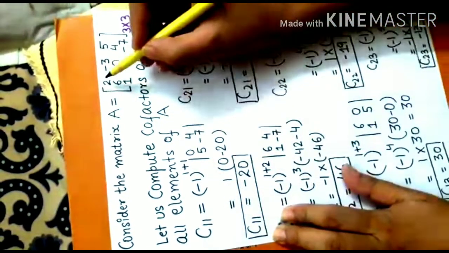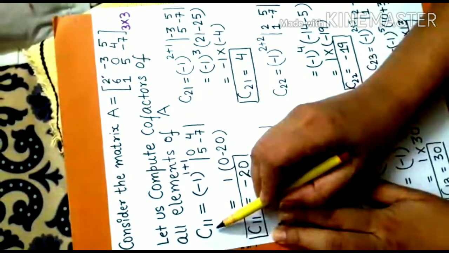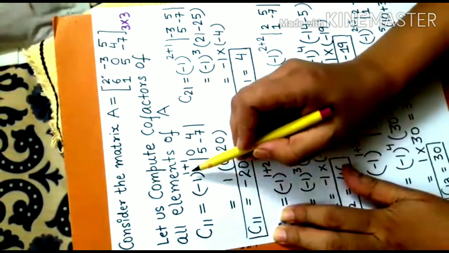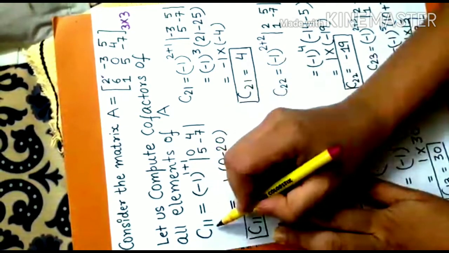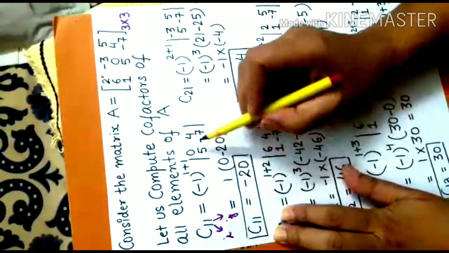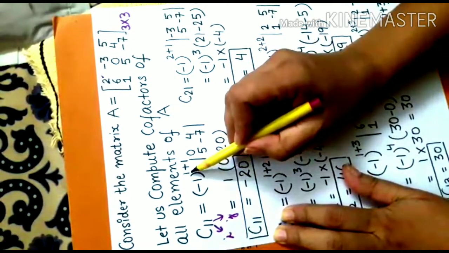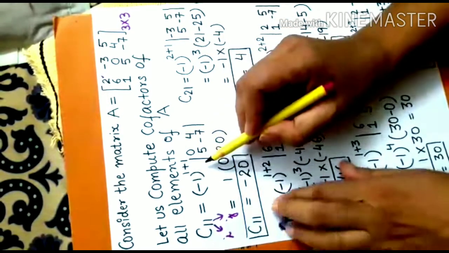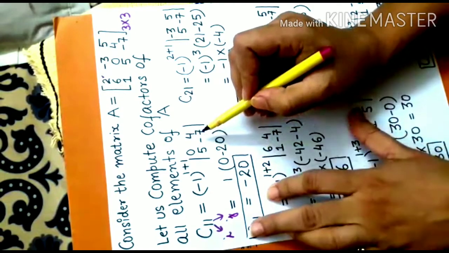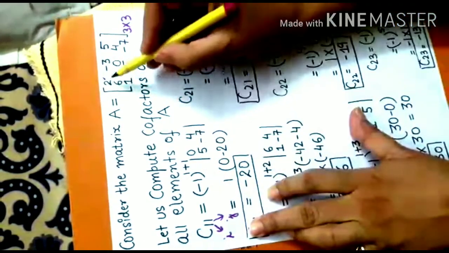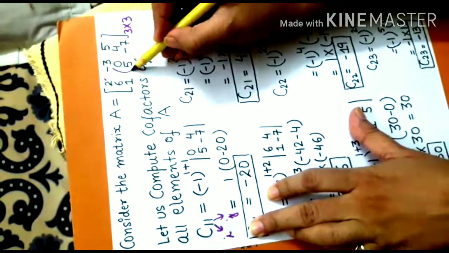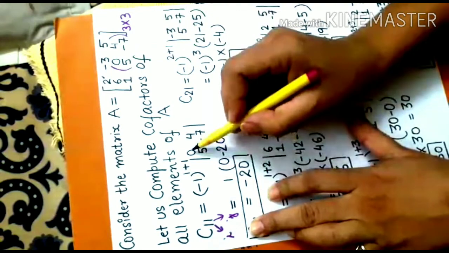Yes, the cofactor of the element A11 is C11 and it is equal to -1 raised to the power i plus j. So here i is 1, j is 1. So it's -1 raised to the power 1 plus 1 into the determinant of the submatrix obtained by deleting the first row and the first column. So I'm left with this submatrix. So the determinant is